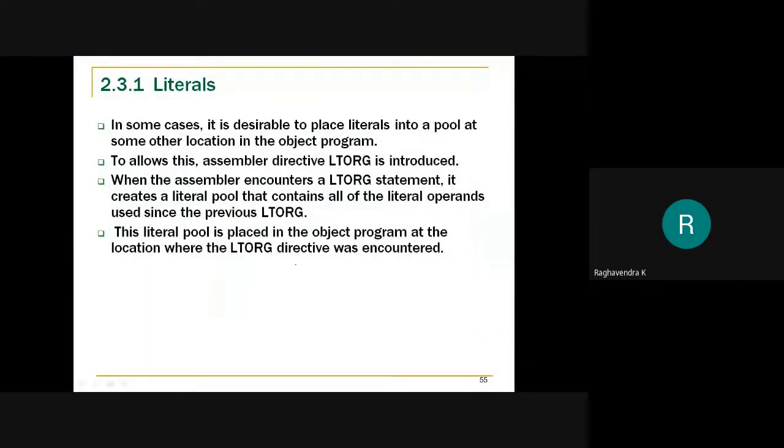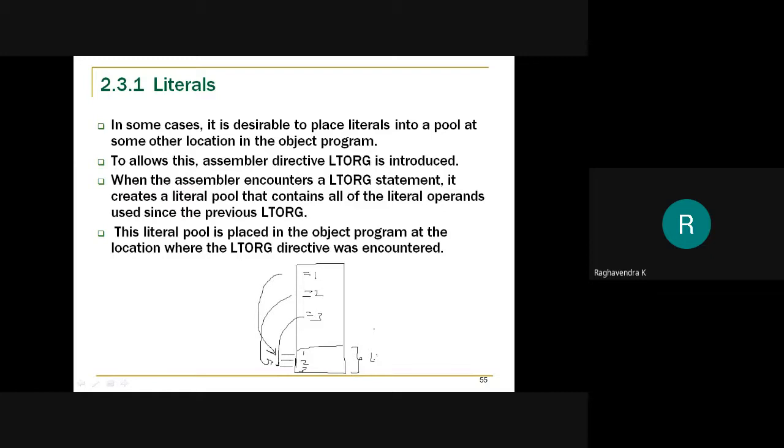Okay, so in earlier cases, if my program had, for example, three literal values, 1, 2, and 3, and this is the end of the program, the literals would be placed at the end, or generated at the end and then assembled. Instructions would actually refer to these. As I said, this is called the literal pool.